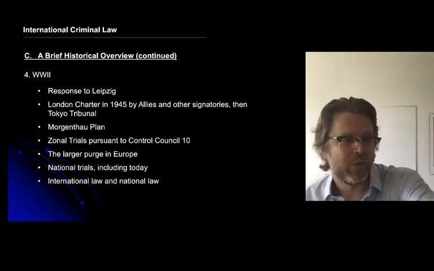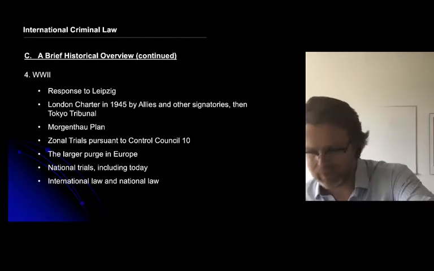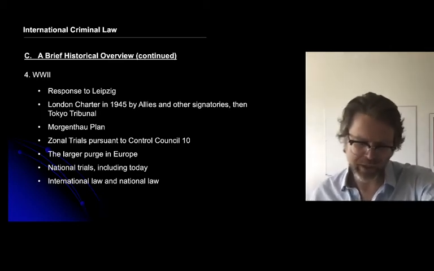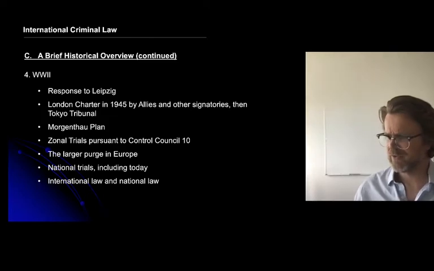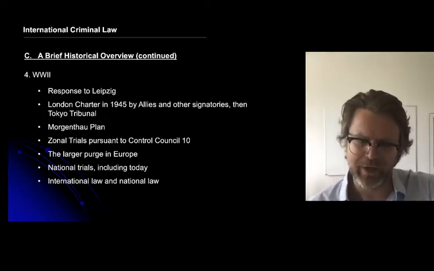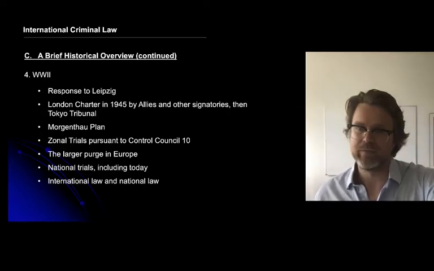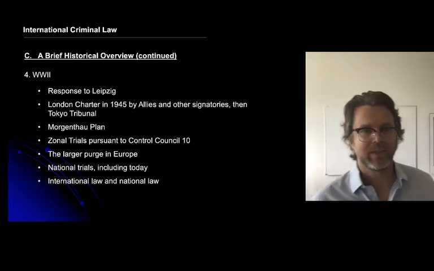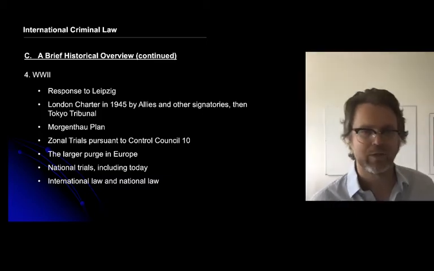Well, we're left with doing something radically different from what we did at Leipzig. The Americans were uber concerned there about creating new law when there wasn't much available, like creating international tribunals. No, not a great idea for Kaiser Wilhelm. This time they're like, do it. And so here then is the impetus for the creation of the Nuremberg trials first, and then the Tokyo trials second,